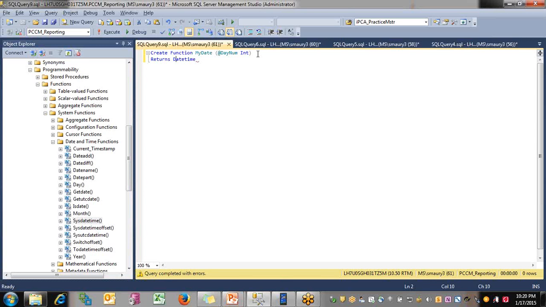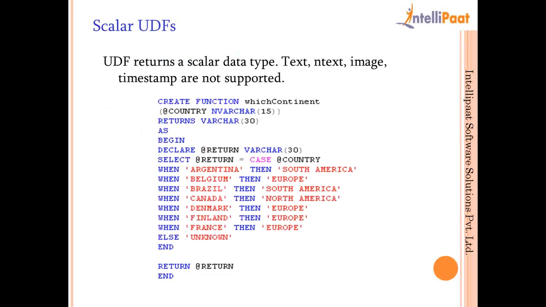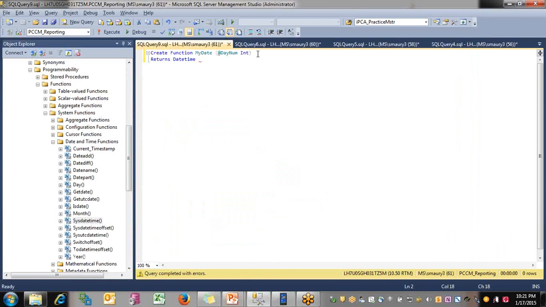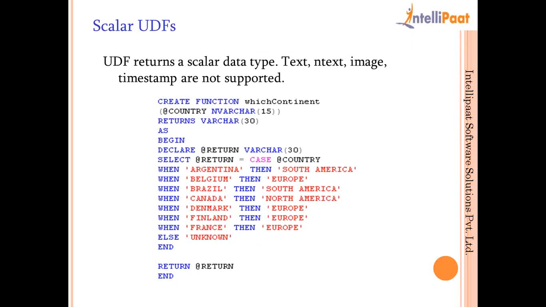It will return you the date time, and in what variable it will return, because you will have to store that value. So you can see that what they have done, they have basically shown what would be the data type of your return value. So I have taken this date time as a return. Now you can close the bracket,